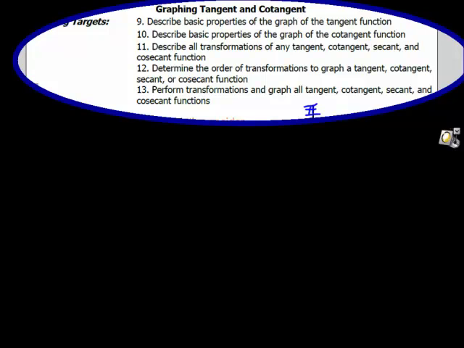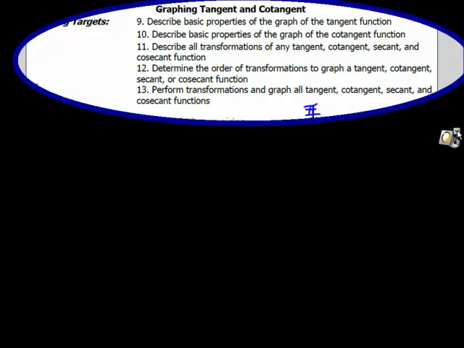Spotlight today is on the final learning targets of this unit, 9, 10, 11, 12, and 13. 11 through 13 are repeats of what we've done before about determining order, describing the transformations, and performing them. Learning targets 9 and 10 focus on the basic properties in the graph of the tangent function. So today we're going to learn how to graph the final two of our 6 basic trig functions, tangent and